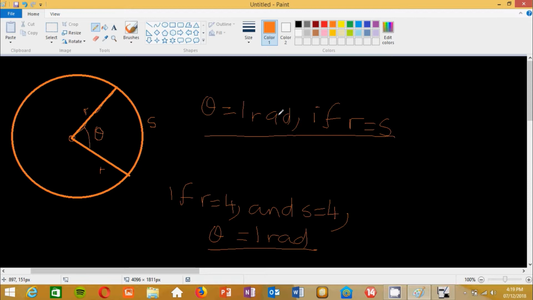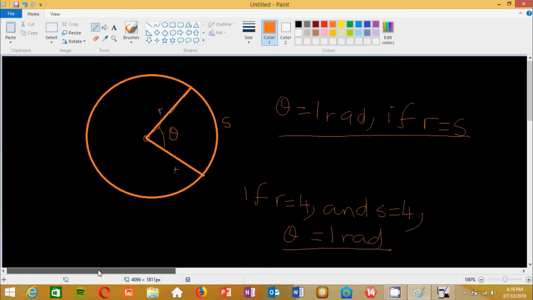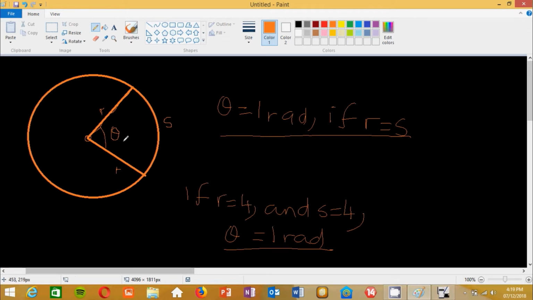Now, what is a radian? When mathematicians created the unit radian, they defined it as follows. The angle theta is always equal to 1 radian if the length of the radius here is equal to the length of this arc. Just to break that down further, if we draw a circle and we go to the